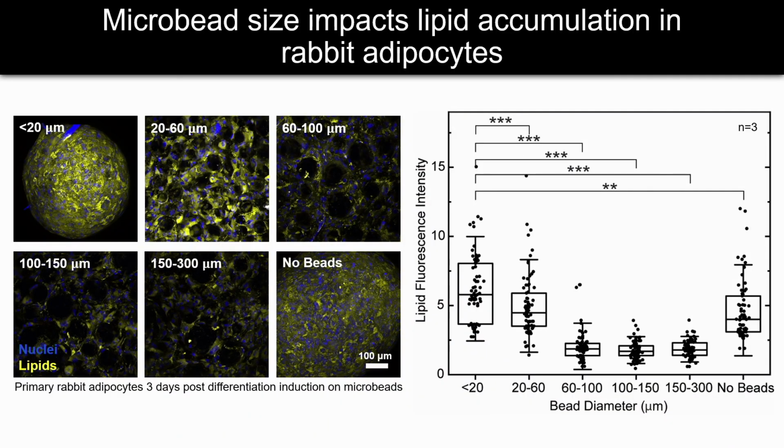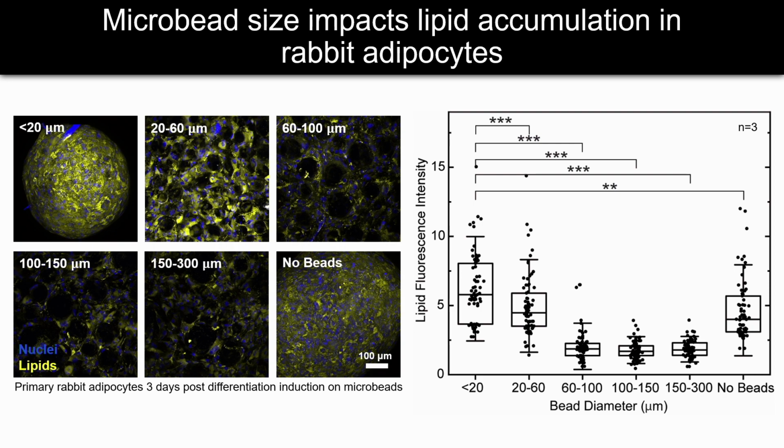Next, I took my beads of different size ranges and I seeded primary rabbit adipocytes on each scaffold type. I also had samples that had no beads, so just forming aggregate spheroids. What I found when I quantified the lipid fluorescence intensity per cell in all of my samples is that there was a significant increase in lipid fluorescence intensity when I seeded cells on microbeads with diameter less than 20